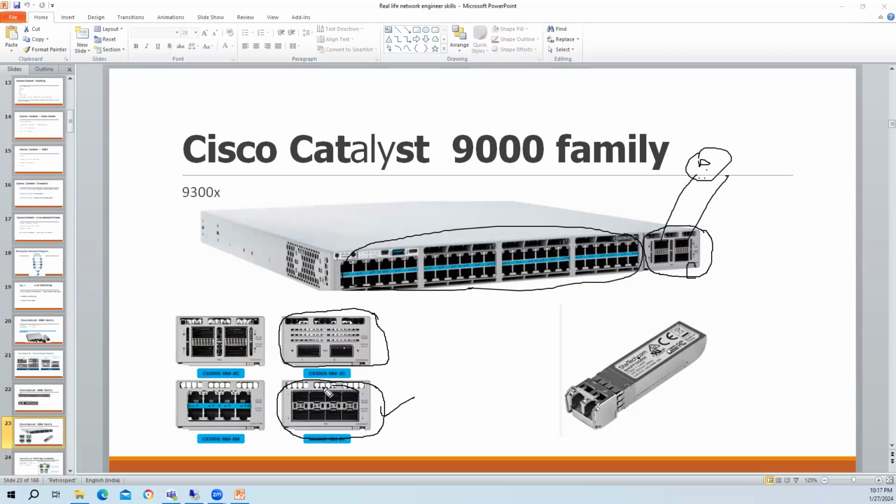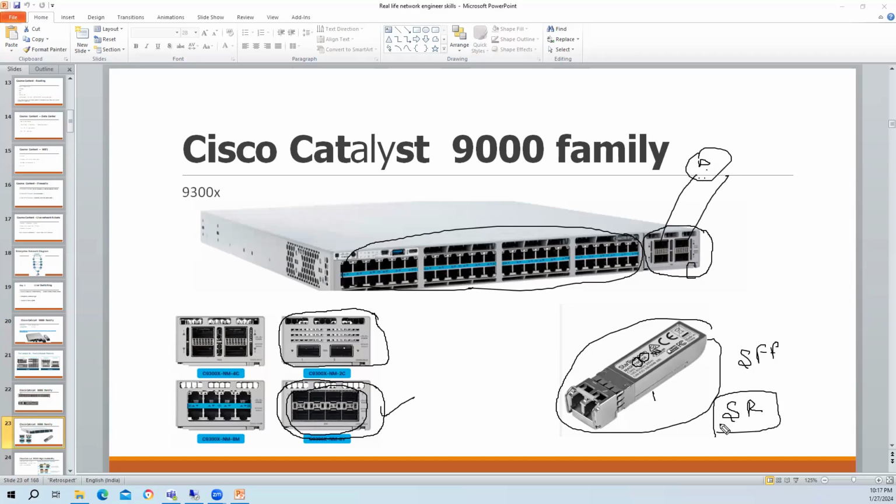Because this will provide you, guys, fiber ports. So again here, guys, these are blank, so you need to insert this QSFP, sorry, SFP. Okay, so this is an SFP which supports 10 GB speed. If you see 10 GB and it's showing SR, so SR means, guys, short reach.